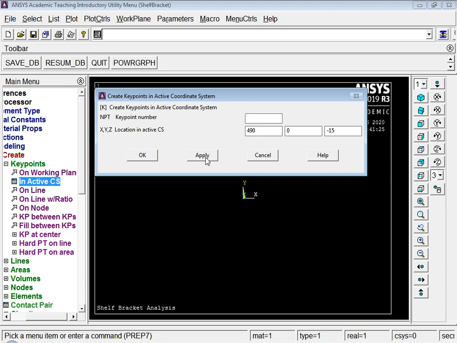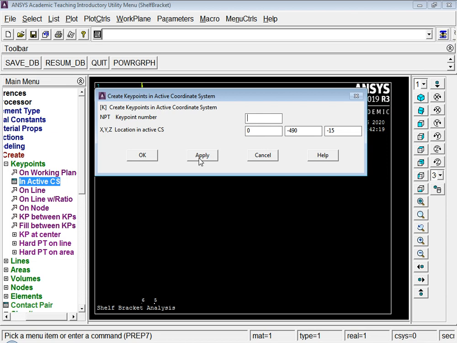Then y I will take as minus 30, apply. Then 30 comma minus 30, apply. Then 30 comma minus 490, apply, and 0 comma minus 490, apply. Then I will say cancel.